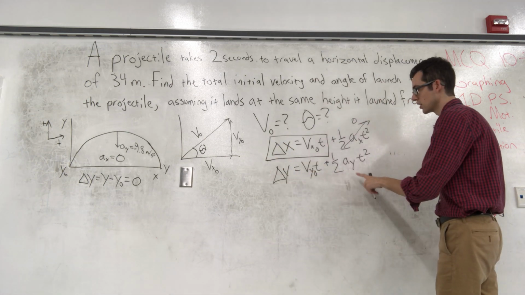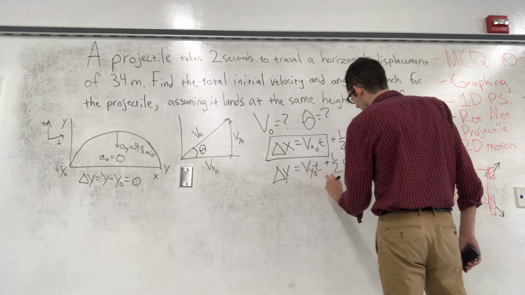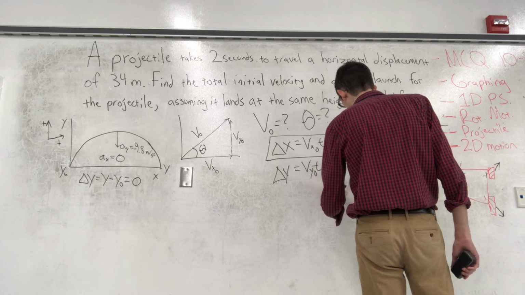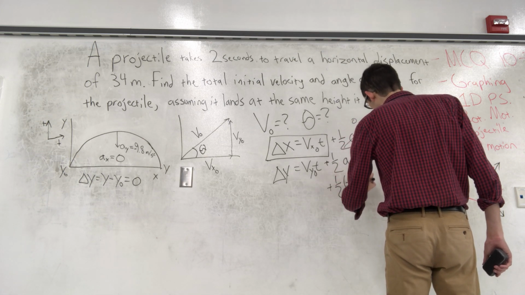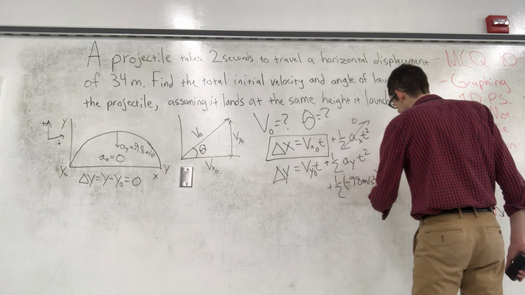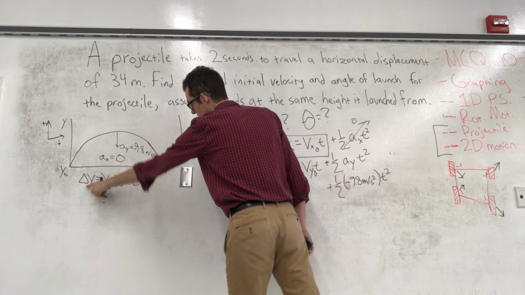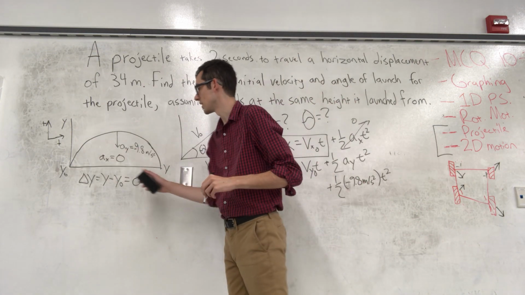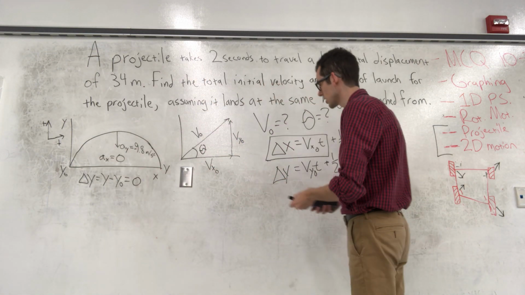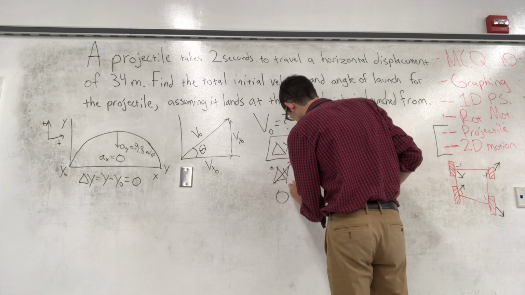In the y direction, we can substitute in negative 9.8 for our a_y, so 1/2 times negative 9.8 meters per second squared times t squared. We can also say that delta y is 0, as stated here, because the height does not change from beginning to end. We land at the same height we launched from. Delta y is 0. So 0 equals